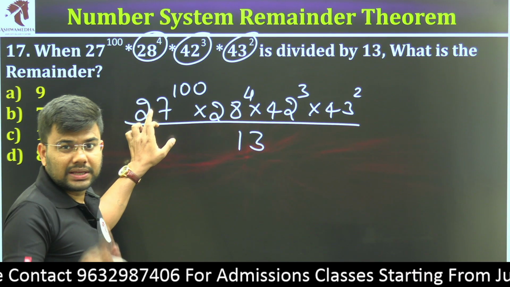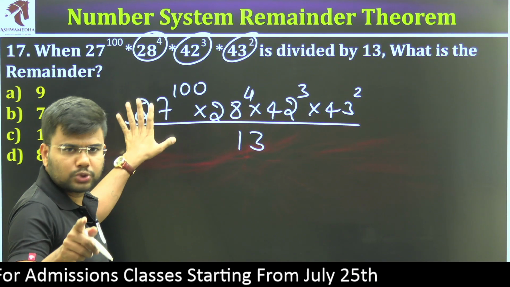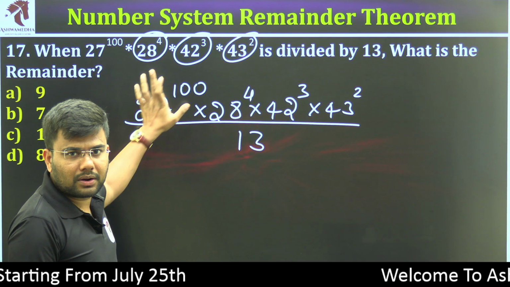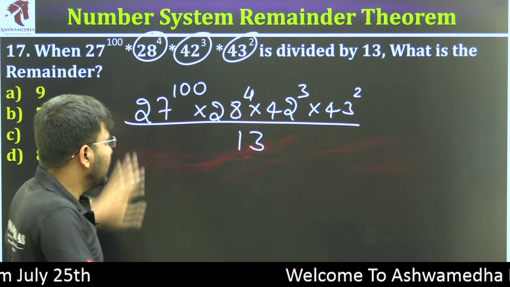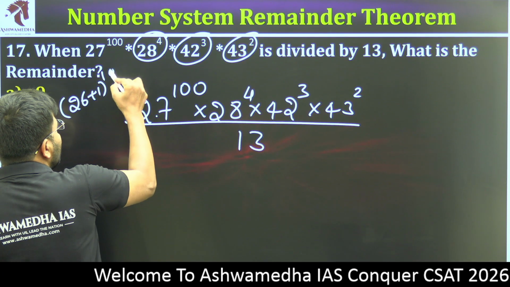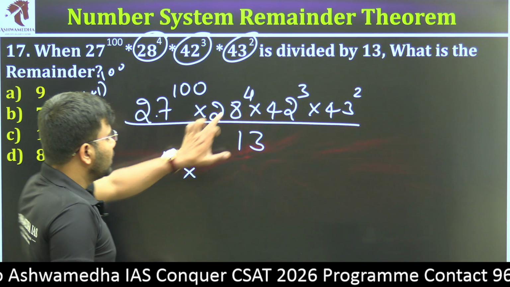27 is 26 plus 1. The previous rules which I taught in the previous video, you are supposed to apply them. 1 to the power of 100 is the remainder. Watch it properly and carefully and you solve. This 27 is (26 plus 1) whole power 100. So hence I am writing 1 to the power of 100 is the remainder, into 28 to the